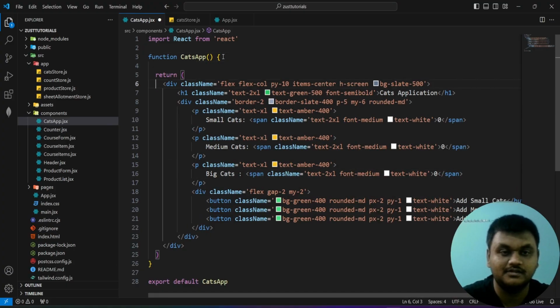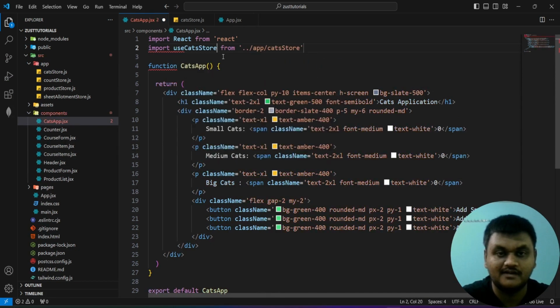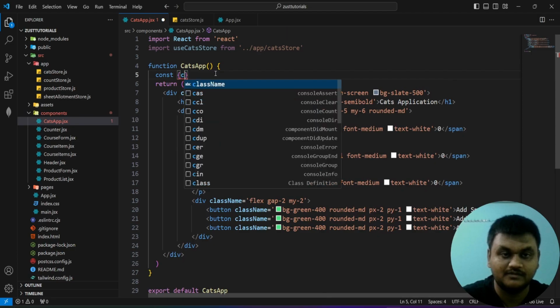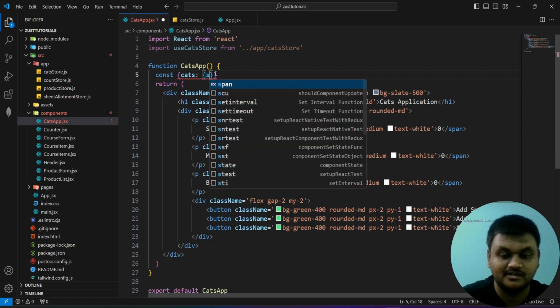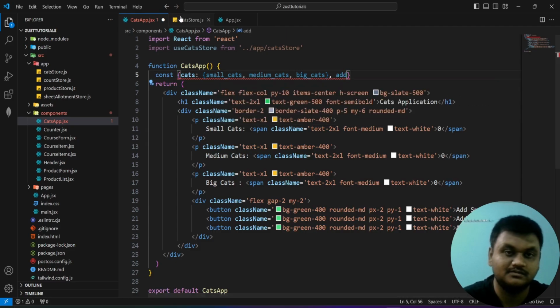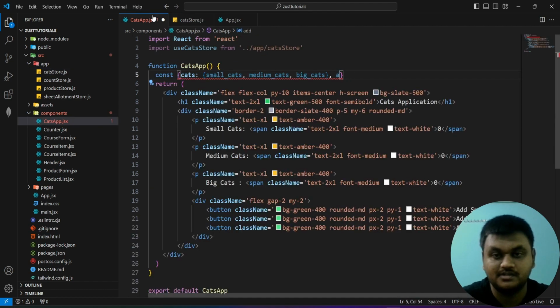For that, first import the store, import use CatStore from the app/cats. Here you can use it first. I'm going to take the cats. In this cats, again I'm going to destructure small cats and medium cats, comma big cats. So the three are there, comma add a cat to store, copy and paste here